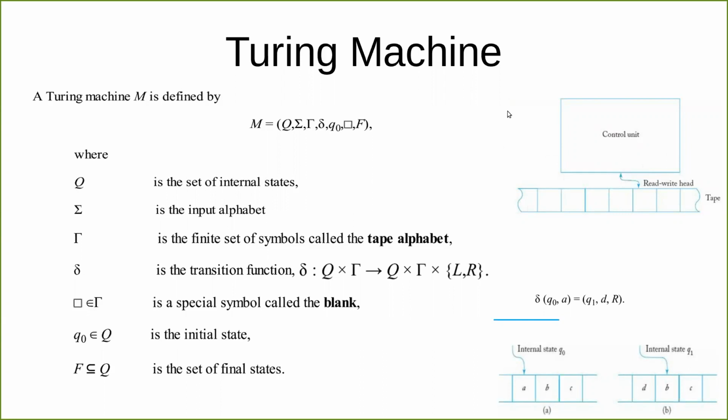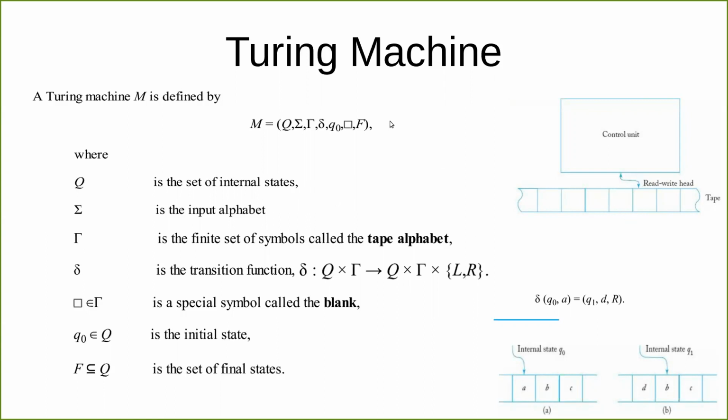There is a stack, and a push-down automata could write something on that stack. But in Turing machine, this is the same tape in which the input is provided. The machine could write on the same tape, and the symbol written on this input tape